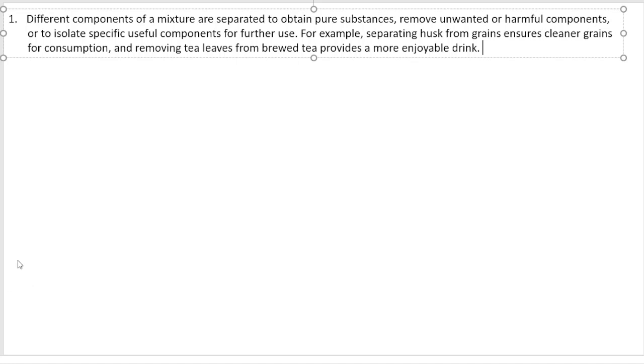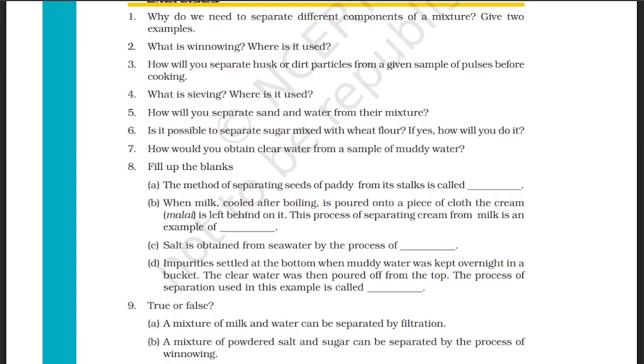Okay, so our next question is question number 2. That is, what is winnowing? Where is it used? So now our second answer is,